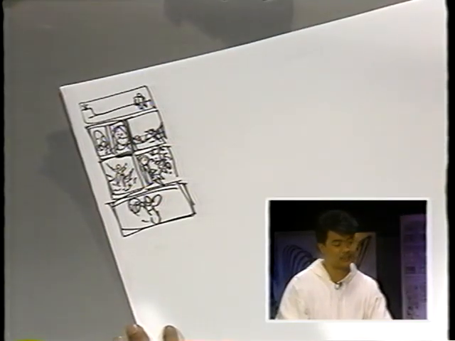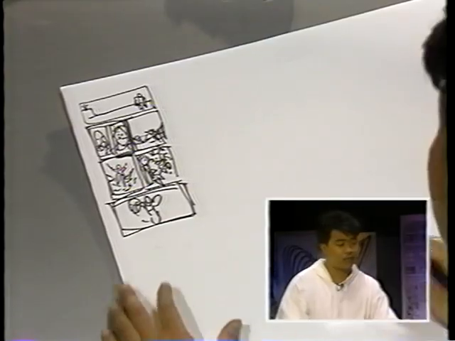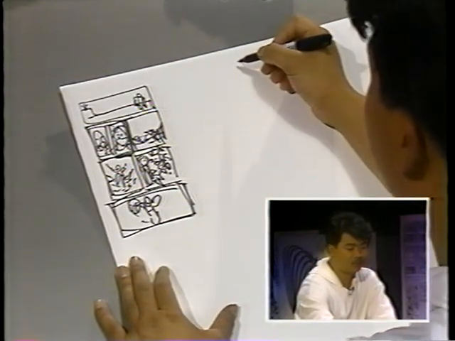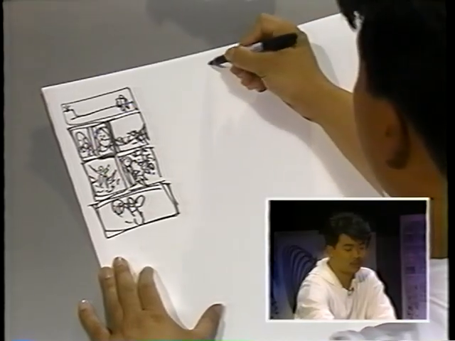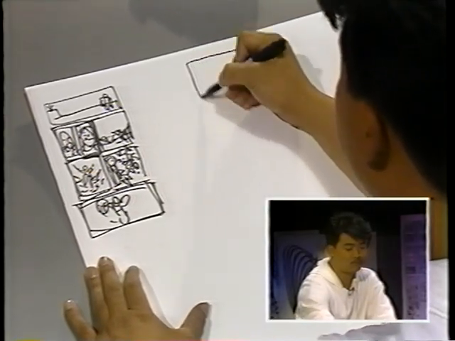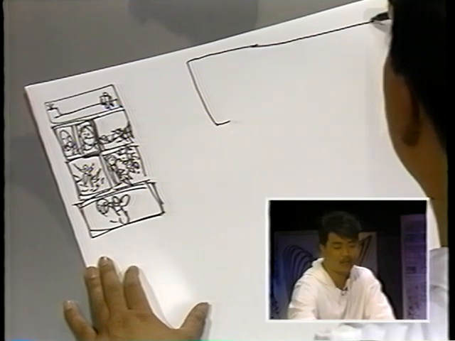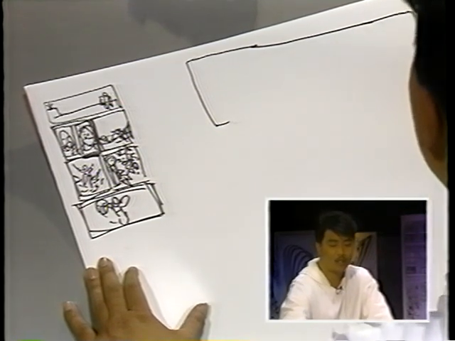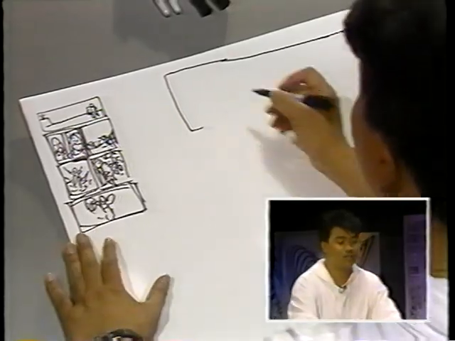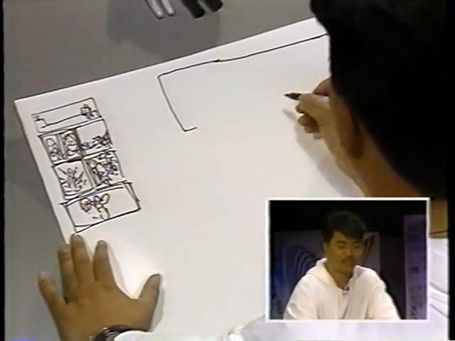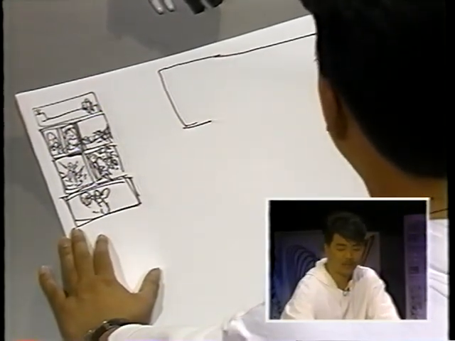Okay, so let's do the establishing shot. You want not a boring establishing shot, but you want a quiet shot. So actually, this is a nice shot where we have